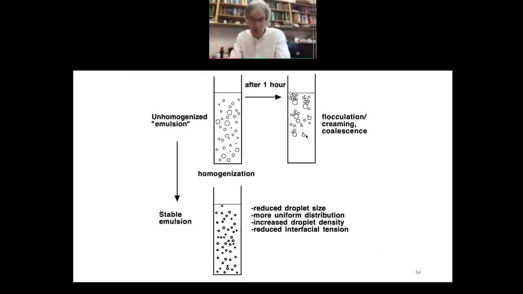And that's shown in this little schematic diagram. Unhomogenized milk, after 1 hour, a combination of flocculation and creaming, maybe even some coalescence, and you'll get the formation of a cream layer. With homogenization, you get a stable emulsion because these droplets are more or less the same size. They are heavier. And,